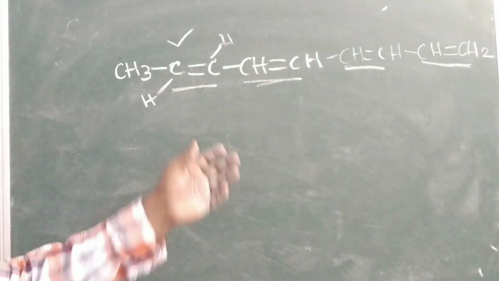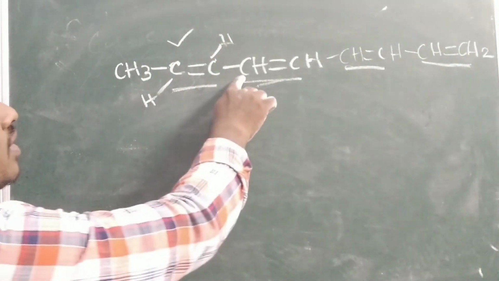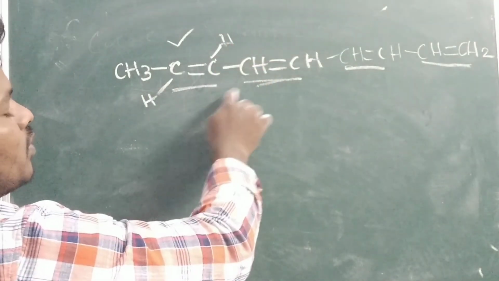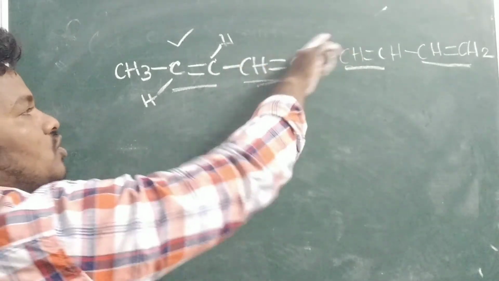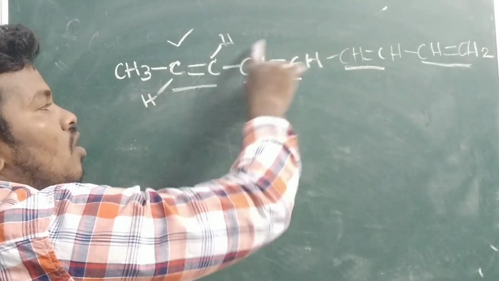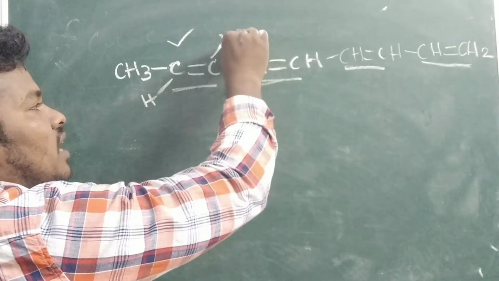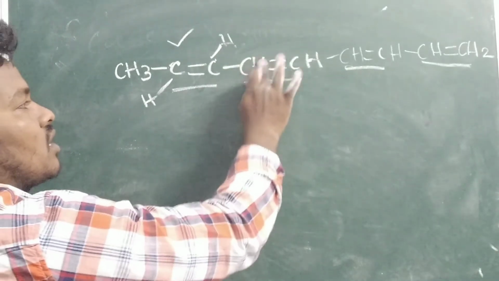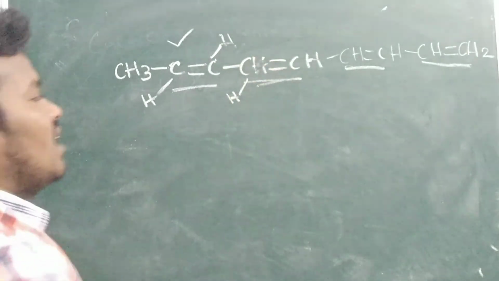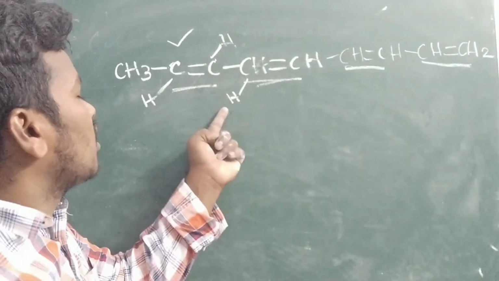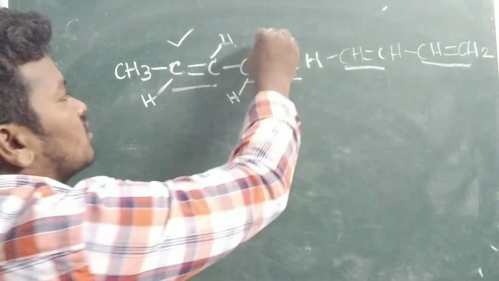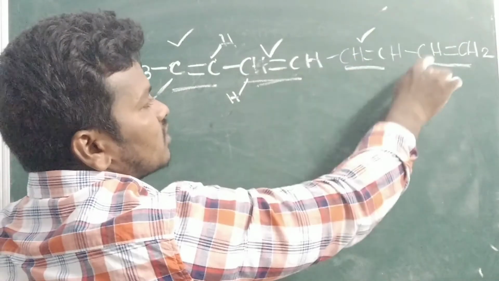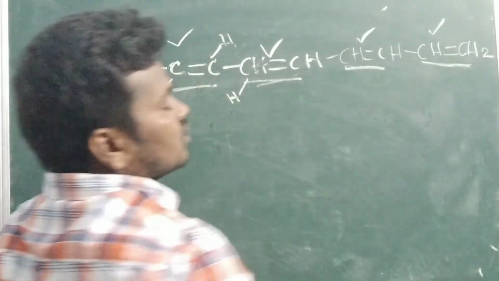Okay, here next one you can see also this side, one side hydrogen, one side carbon. Here also you can see the different type of the group. Same side should be opposite side. This side we have to check this side. This side hydrogen will be there. This side carbon will be there. Otherwise you can write like this. See, hydrogen is there. One side carbon is there. Different groups. No, this is also hydrogen and carbon. Different groups. No, this is exhibited. Here also this is exhibited. Same. Here also it is exhibited.